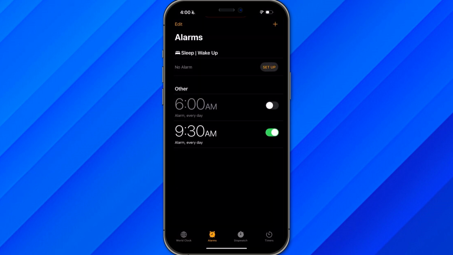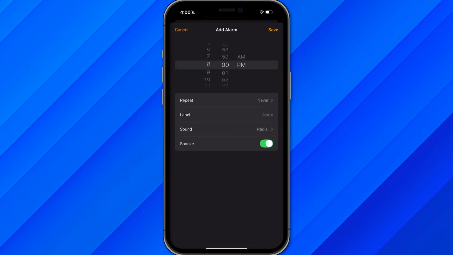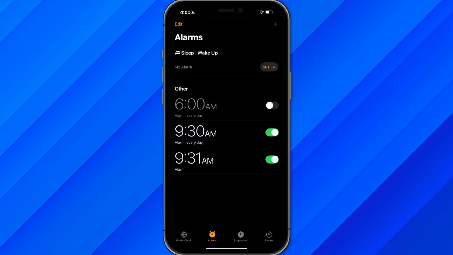The alarm is set to 9:30, and just click on this plus button and select the time again, let's say 9:31 a.m., and turn off the snooze. Now let's say our new alarm is basically 1 minute later. You have to turn off the snooze for both the alarms because there's no official feature to change the duration